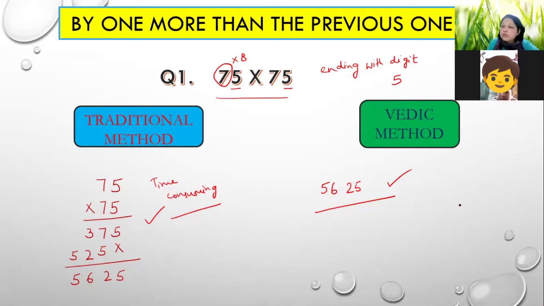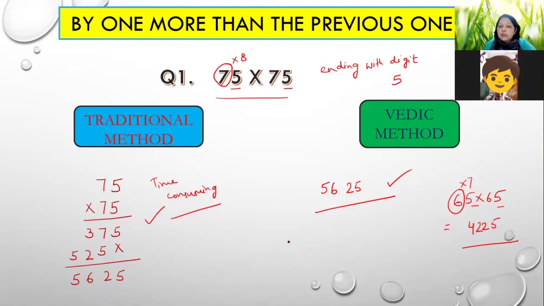Can you tell me the answer of now 65 into 65? Apply the same. No need to write in the notebook. Just tell the answer mentally now. I have told you the trick. 5 5 are 25. And 6 7 are 42. So the answer is 4225. So you can do the calculation now without pen and paper.